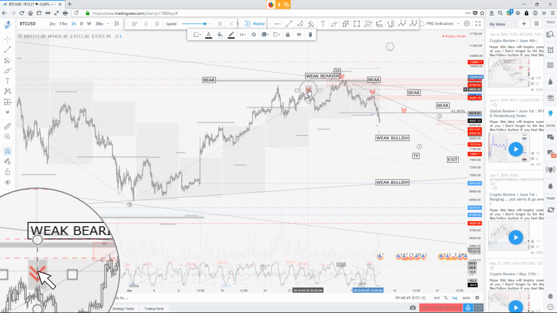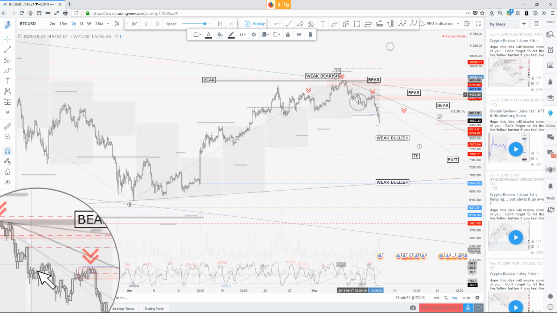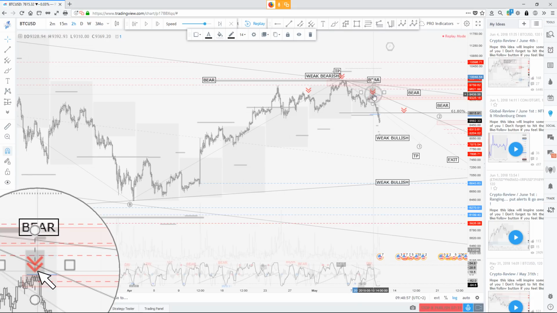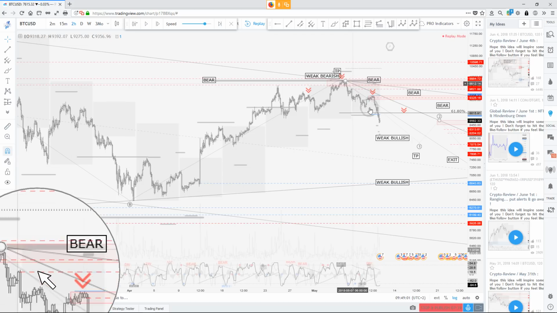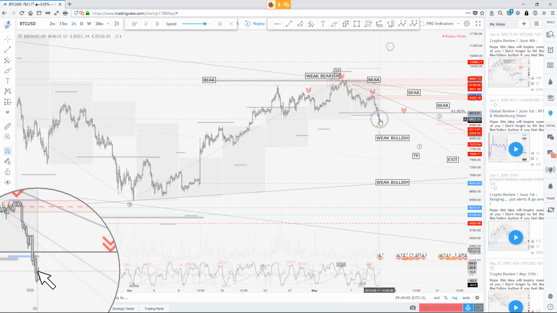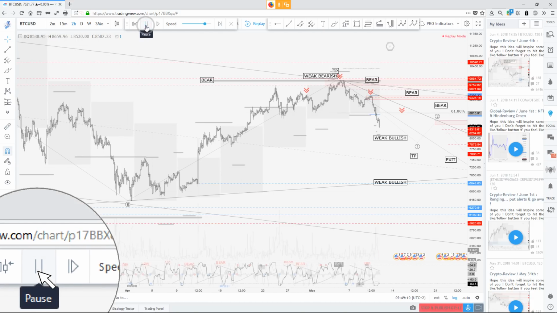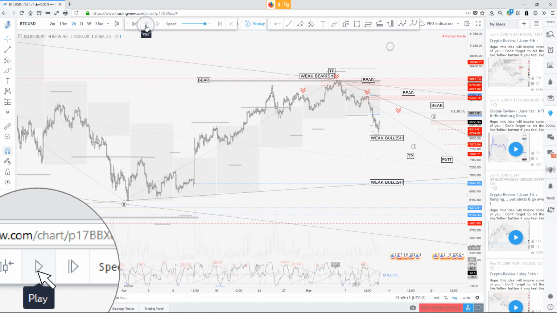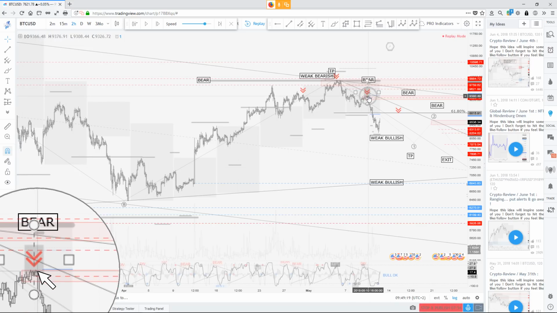So first shot in here failed, stopped at break even. Second short, pretty fine. Now we are at break even right now. We're taking a little bit more risk by putting some more leverage in here. Stop loss is still set there. Now we're having the next weak bullish cycle. We're waiting to have momentum confirmation to lower the stop loss. Right here, bullish okay on a weak bullish cycle. So right now stop is set right here.